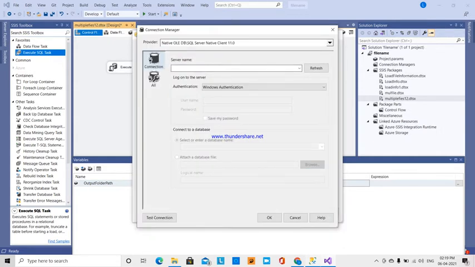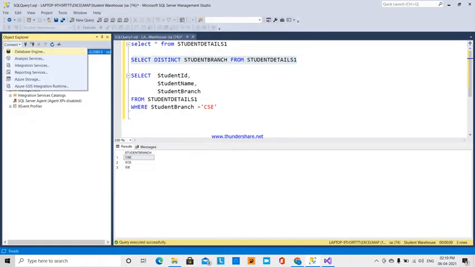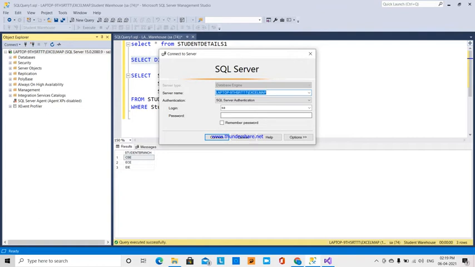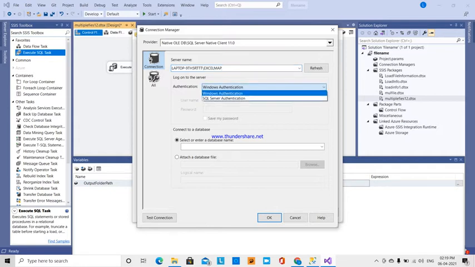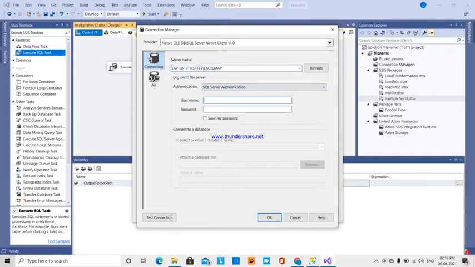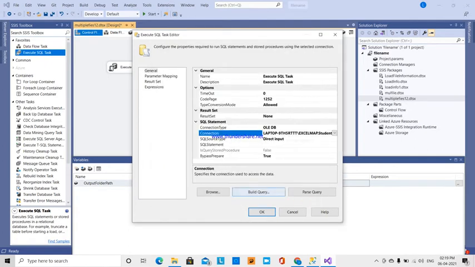The server name, where I'm going to connect, I have to copy and paste here. It's SQL server authentication, so I'm going to give the user ID and password. Then you can see which database it is. Okay, and hit OK.